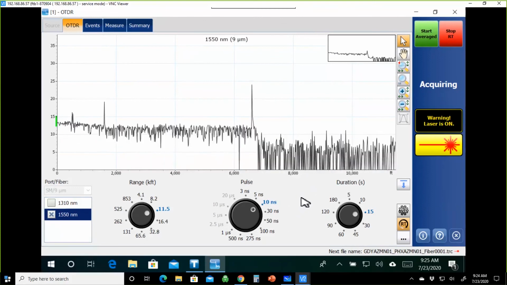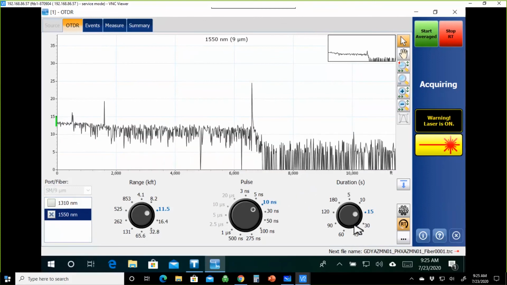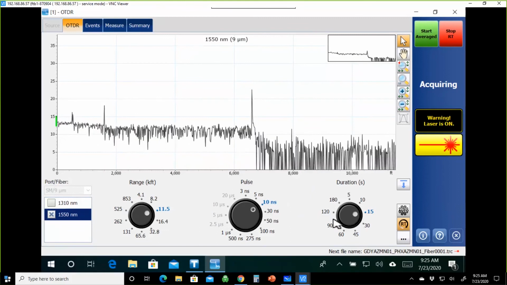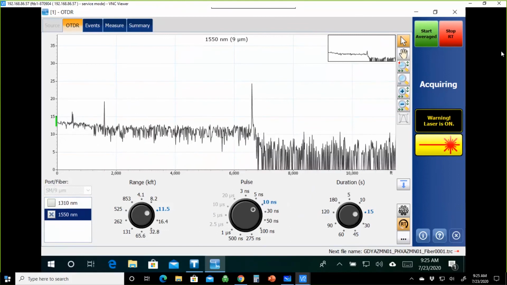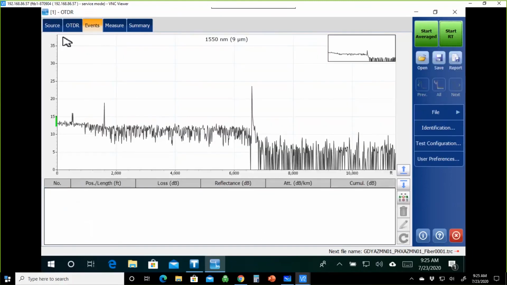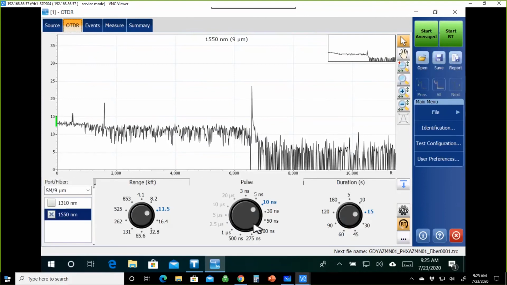7 hours. So you want to optimize your time, but you don't want to sacrifice your visibility. So you have to juggle the two. In a maintenance situation, I want the best resolution possible because I want to see as much as humanly possible. So in a maintenance situation, I want my pulse width to be as low as I can get it at